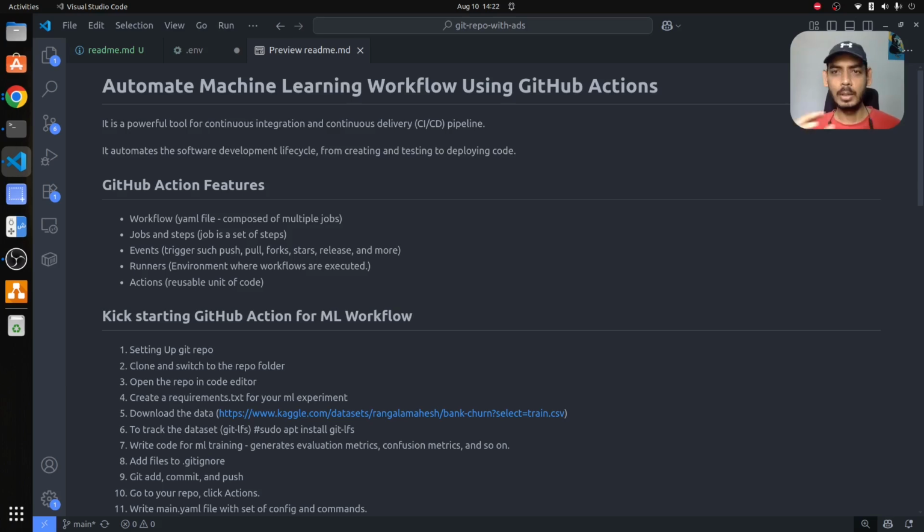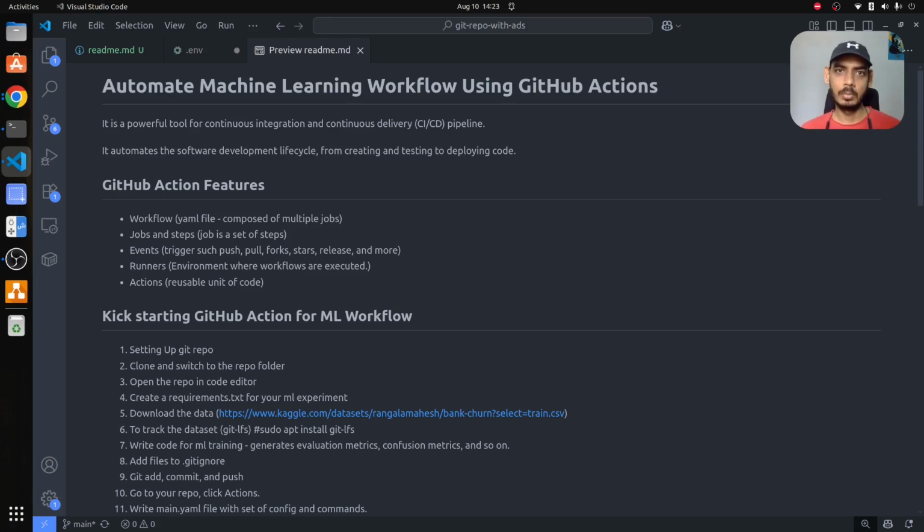Okay, so GitHub Action is a tool for CI/CD and it is part of a software development lifecycle where you have any new releases that need to be done. With the help of GitHub Action, you just have to click once and the whole software will run, it gets deployed. Okay, so that's the whole idea behind GitHub Actions, and it has a bunch of features like workflow, which